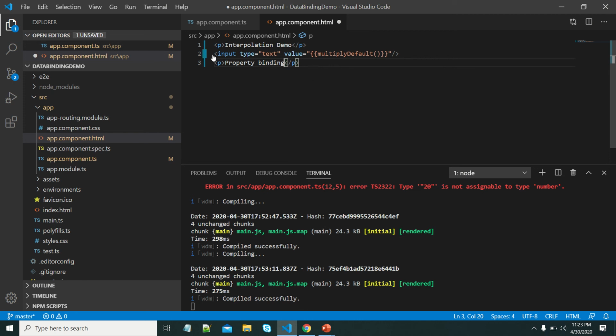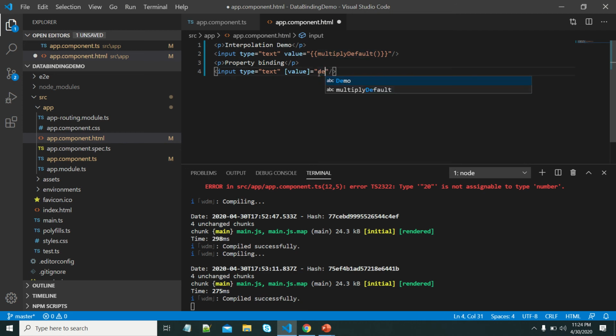Let me copy this same. Here in property binding, that property should be within brackets, where we need to put that value within double quotes. Let me try it from starting.